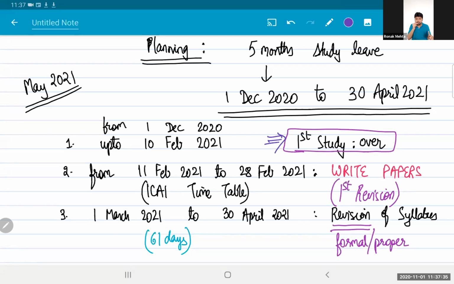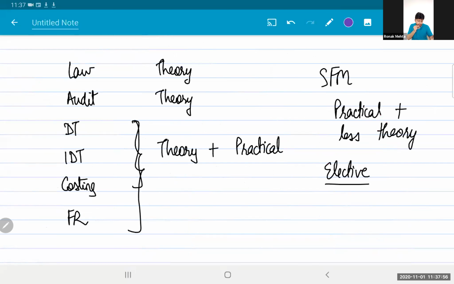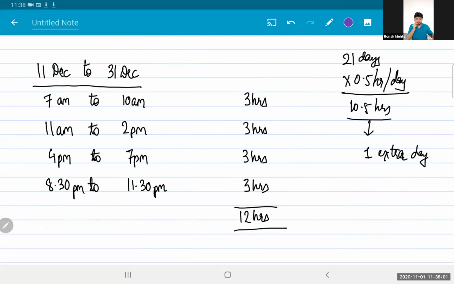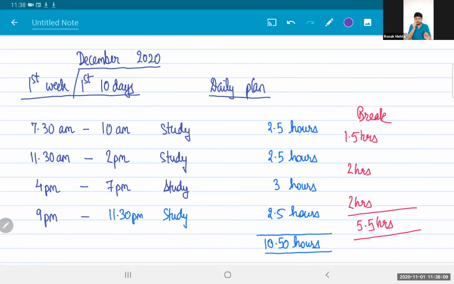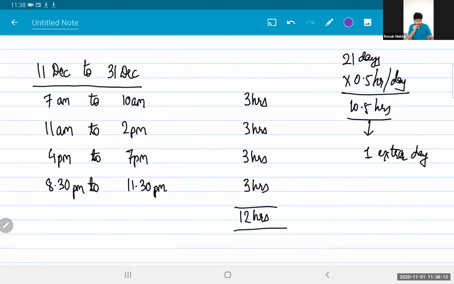If your study leave is beginning in January, then try to finish 1.5 subjects, so that on 1st of January, you are mentally going to plan for 6.5 subjects. And for those getting less than 5 months of study leave, you will have to straight away start with 11 hours a day, 11.5 hours a day. This study pattern of 12 hours might have to be executed a bit early for you. For the first week of your study leave, you might sit for 10.5 hours, but from the second week itself, you will have to start putting in 12 hours.